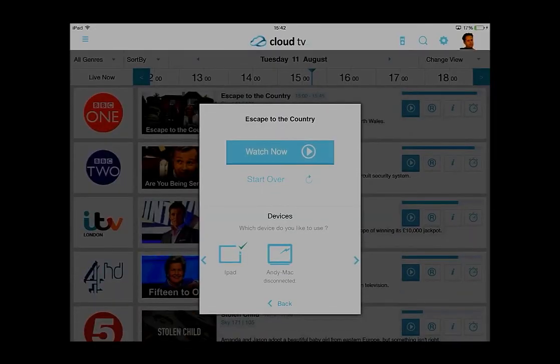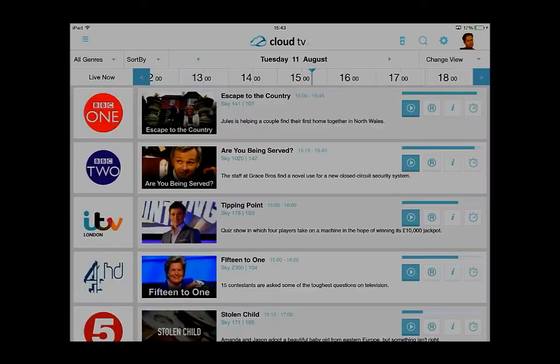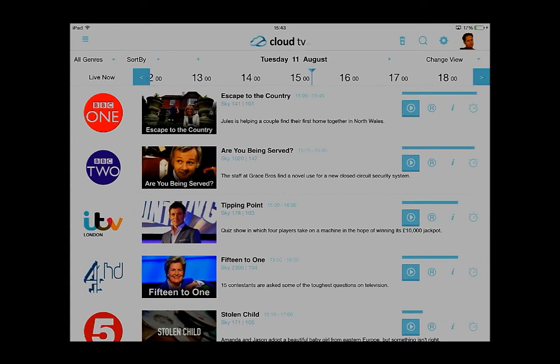So the system is not a video engine or a video delivery technology. It integrates to multiple video technologies, and you can also see here it enables me to throw to my devices. If I had a Chromecast on my network, or a Roku, or a smart TV, I'd be able to select the devices that I want my stream thrown to, and the video would appear on one of those devices. So that's basic TV capability, showing how we can integrate the EPG presentation layer, go back to the video layer